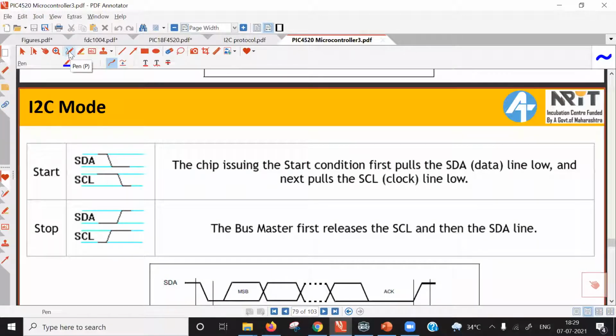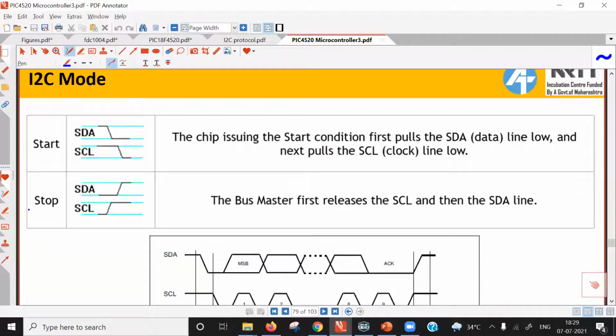In multi-master mode, there is a possibility that multiple masters may try to transmit data simultaneously. In that case, there is a possibility of collision, because when two or three masters start transmission simultaneously, the data transmitted by the multiple masters will combine, and what will happen? There will be errors. Logic 1 may convert into logic 0 or something like that. So data may be erroneous. This condition is called collision, and in the MSSP module, it is possible to detect such a collision. There is one separate flag bit for it. Now in our case, we are using only one master, so there is no question of collision.